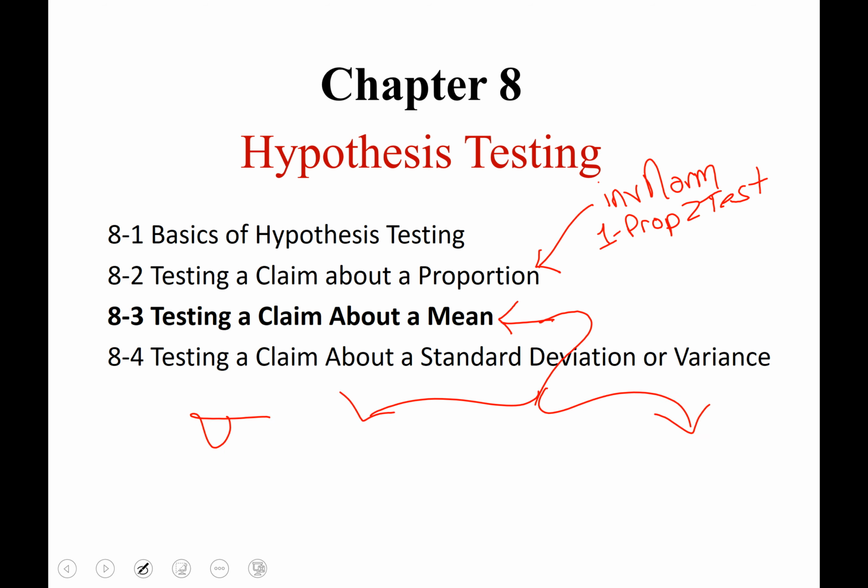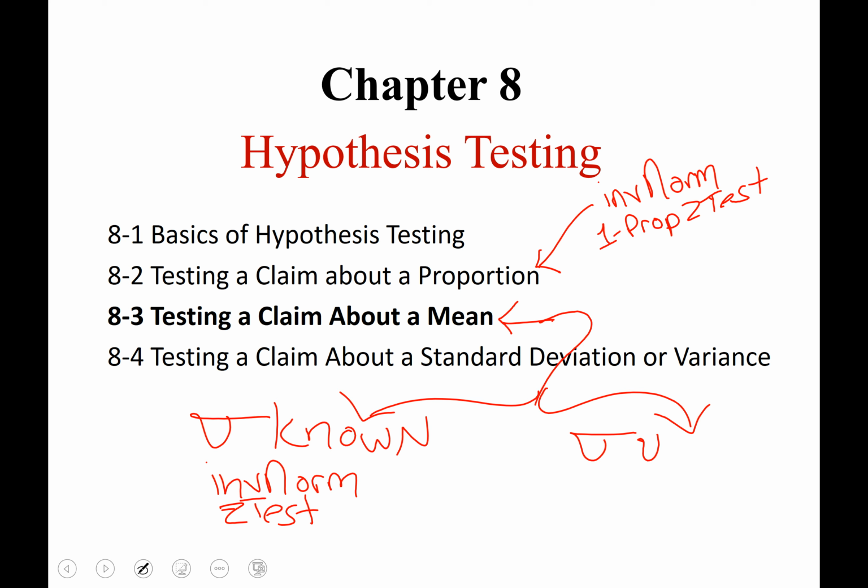If you know what sigma is as the main requirement, you are still going to be running inverse norm, and you're going to be running the Z-test. If sigma is unknown